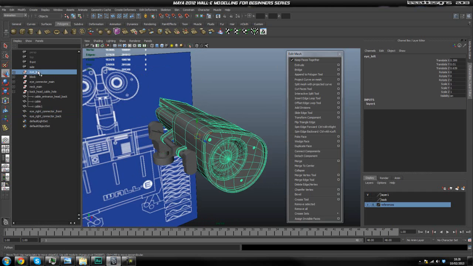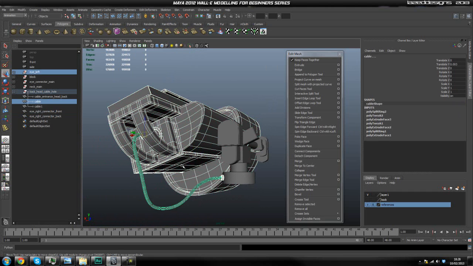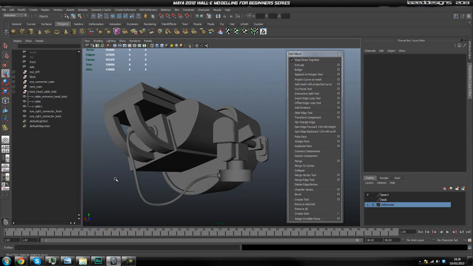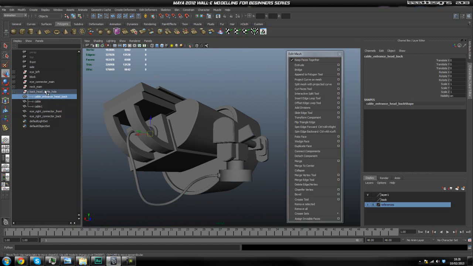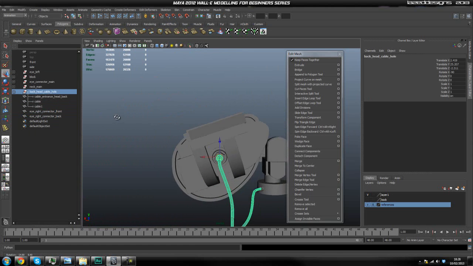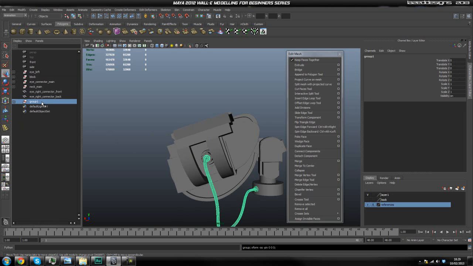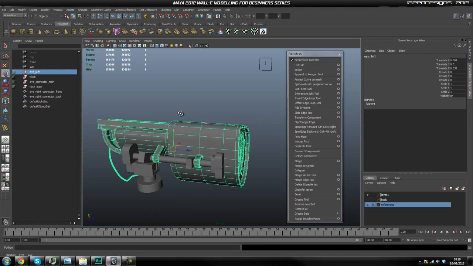And then now we're going to go ahead and select this head and make sure that this is a part of it. So I'm going to go ahead and select this and find where it is, back head cable hole. And we're going to go ahead and group this with that as well. And then we're going to go ahead and drag this into I left. And now if we select that and hit